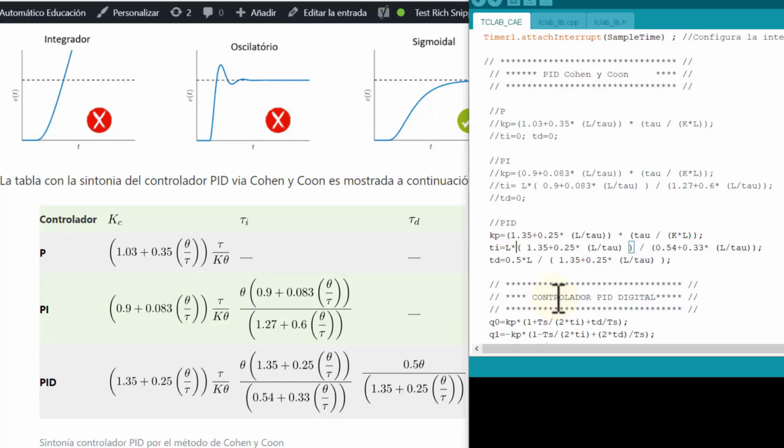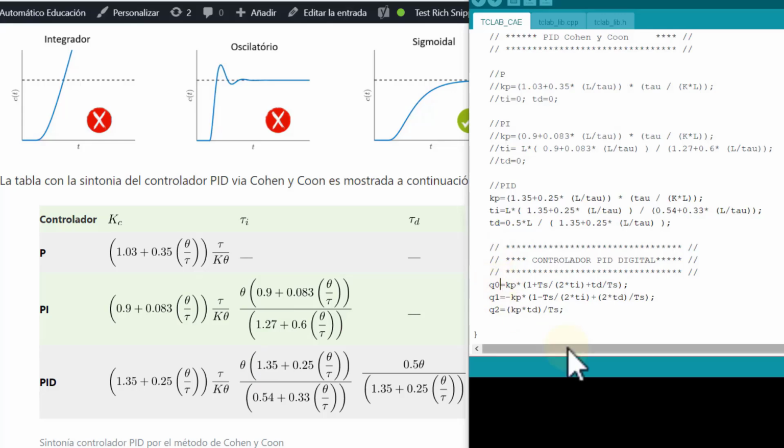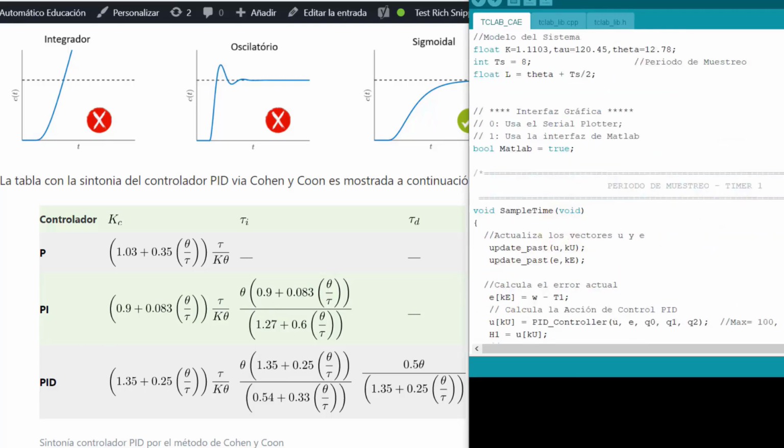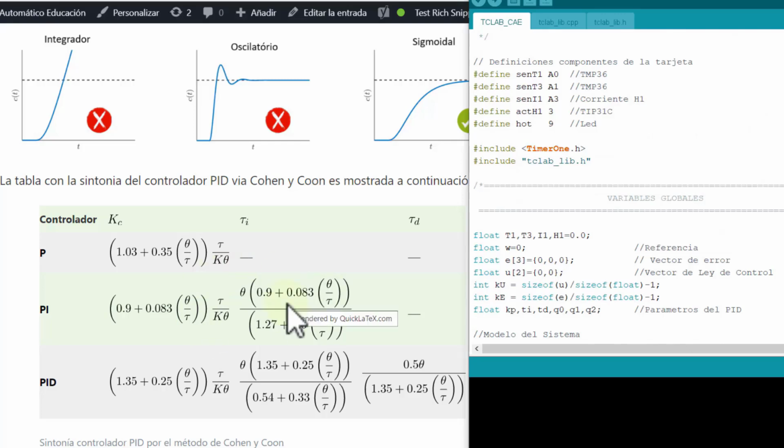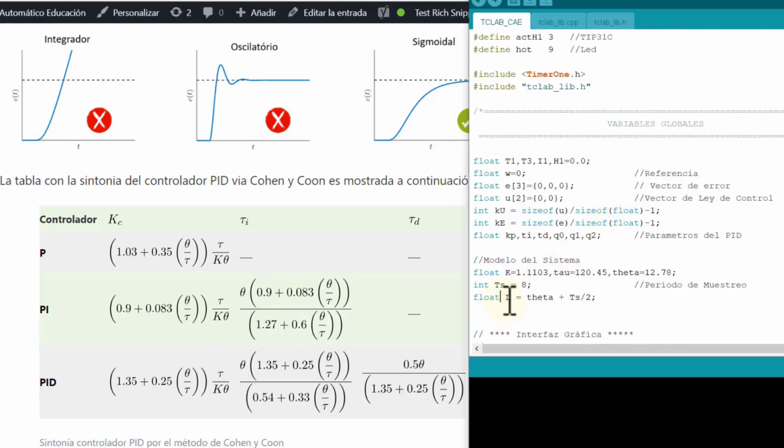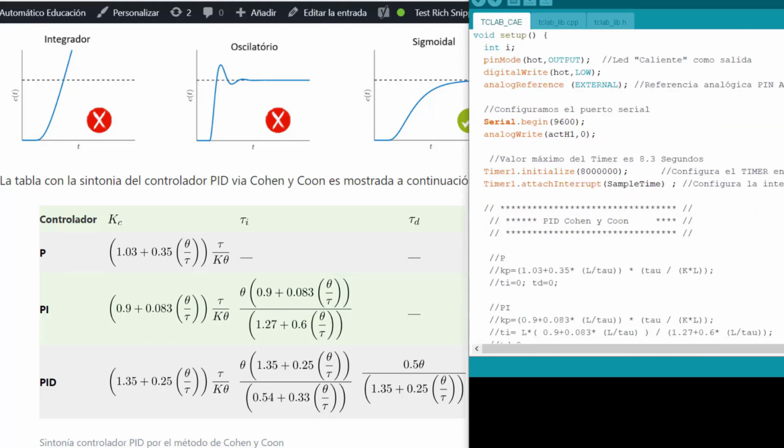And for this case, in our example, we will implement the PID control with the 3 parameters of the last row of our tuning. Note that these parameters, KP, TI, and TD, are then transformed here to the digital PID controller. Let's remember that, here at the delay, we are making the correction at the beginning because this is designed for continuous controls, and we must make this correction for discrete controllers,